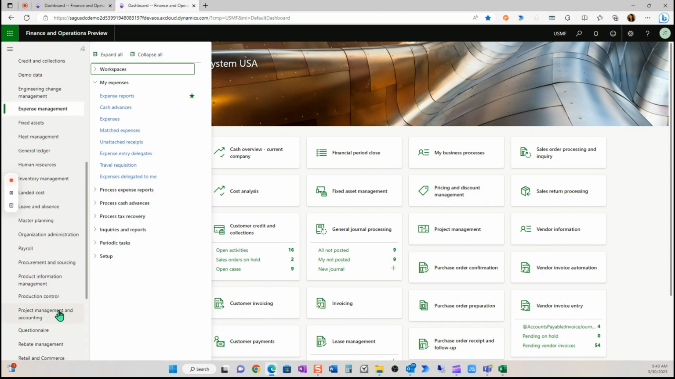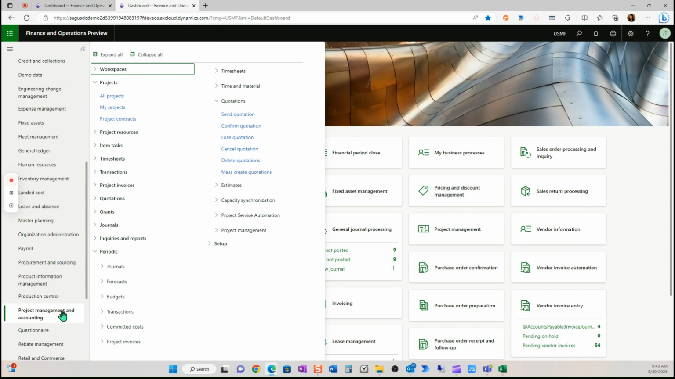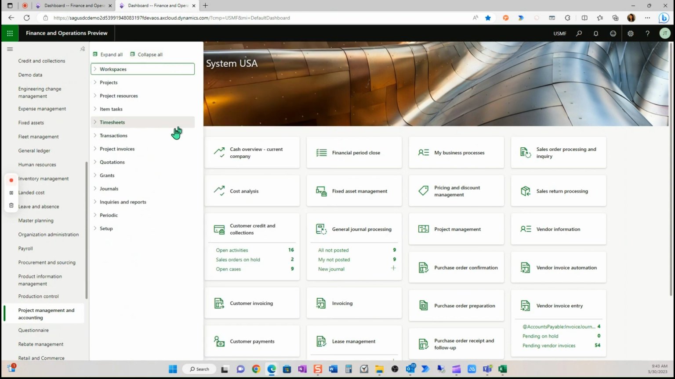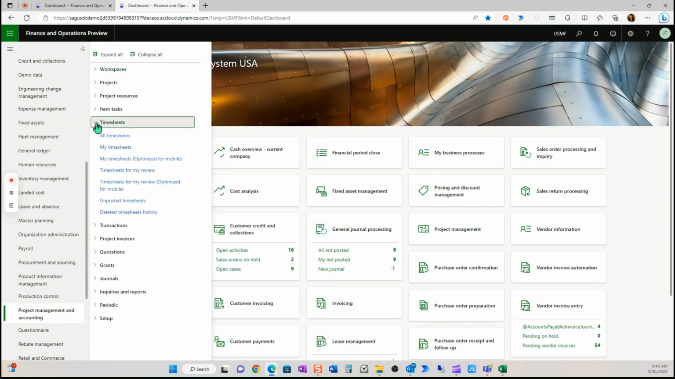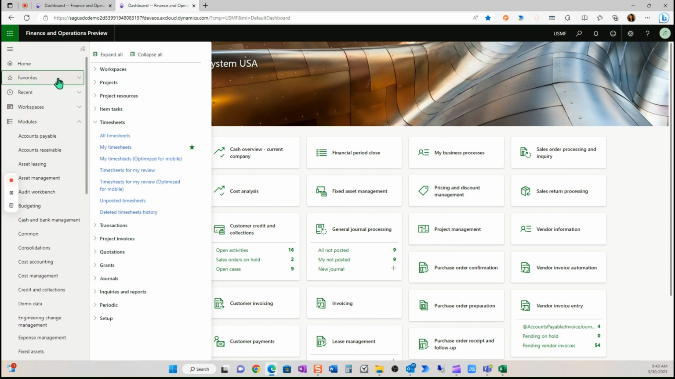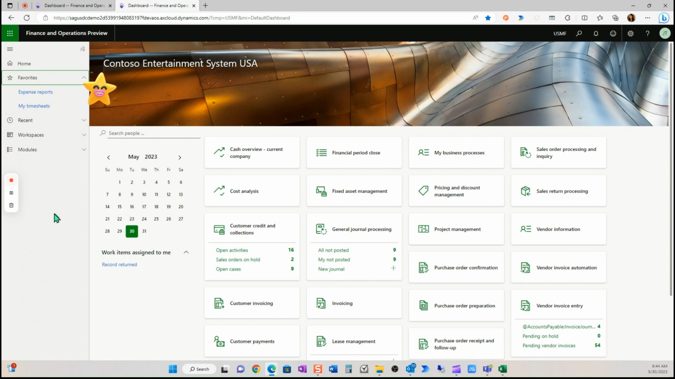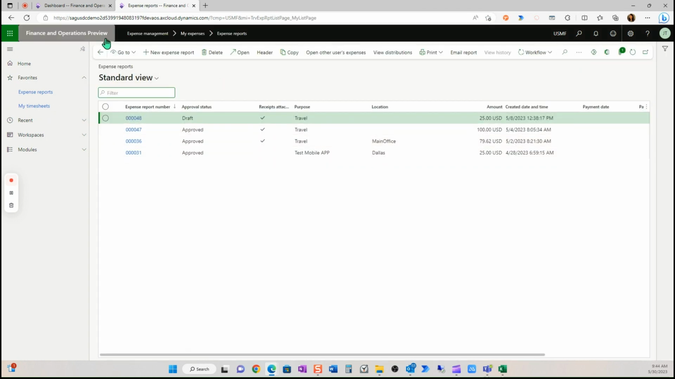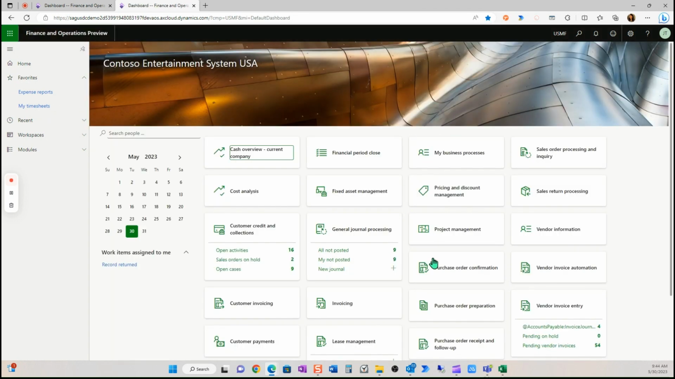Timesheets. If you're in project management and accounting and you use timesheets, you can see timesheets, my timesheets. And there's my timesheets. So now when we go to our favorites, we'll be able to see my timesheets. Very nice to be able to just come here, click on expense reports and start creating your expense reports. But you always have the option of using your